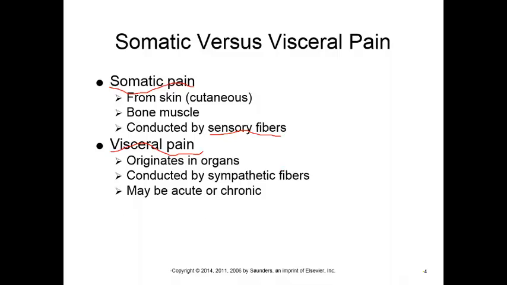And visceral pain we typically see as either acute or chronic. If you remember, due to our vocabulary, acute means it's short, has a very rapid onset, it just happened, and it's an acute problem. Chronic means this happens over a long period of time. So we can always have an acute problem, acute pain, and then it transforms into a chronic pain later on.